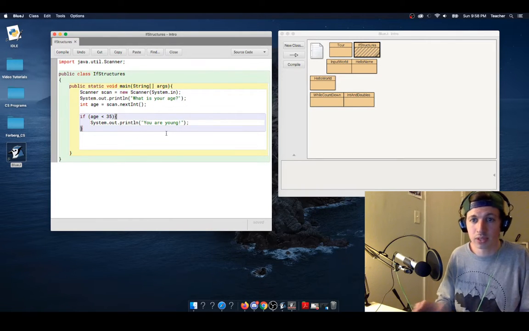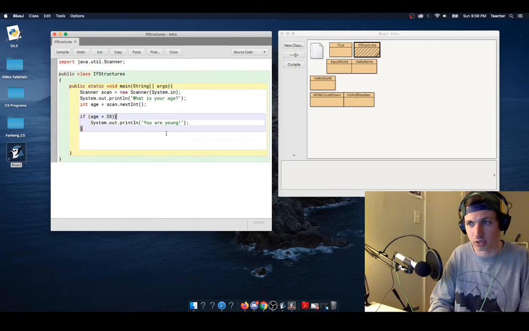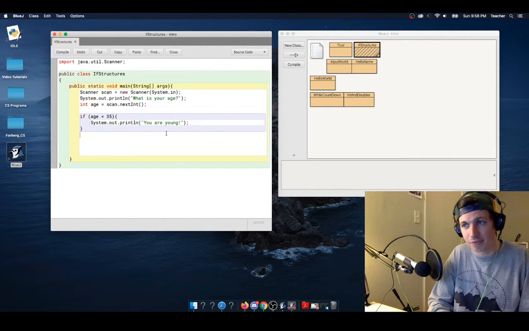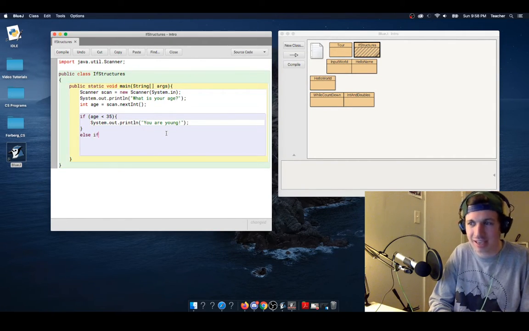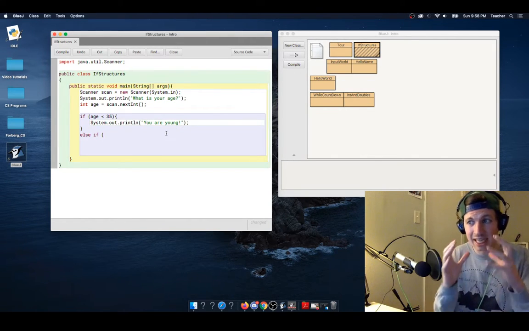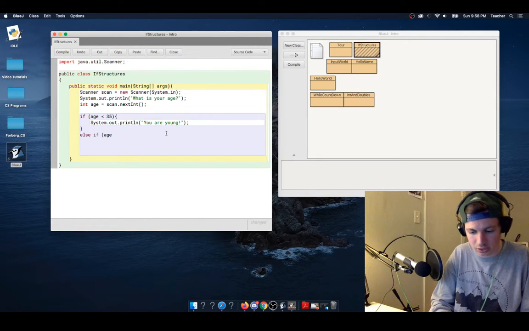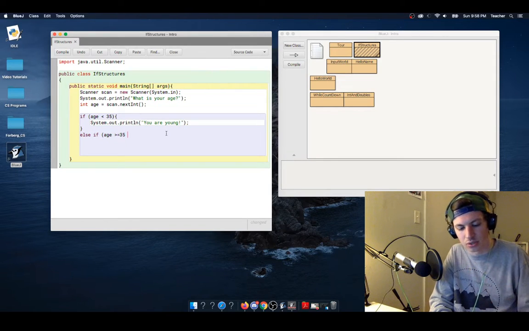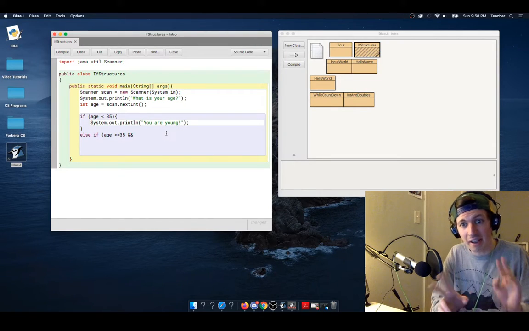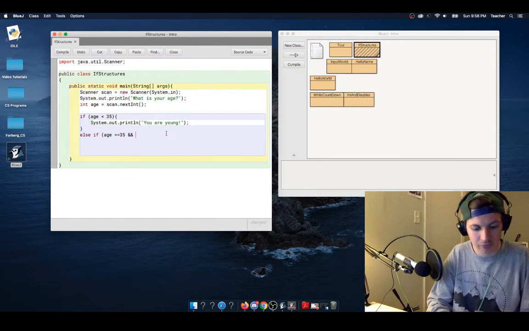And now if we wanted to throw in that middle range for our if structures, we don't use an elif, we use an else if, which is what elif is short for. So inside of here, we're going to put our condition in this range. So we are going to do age is greater than or equal to 35, and now this is a new symbol. And inside of Java is and. You need two ampersands right there. And age is less than